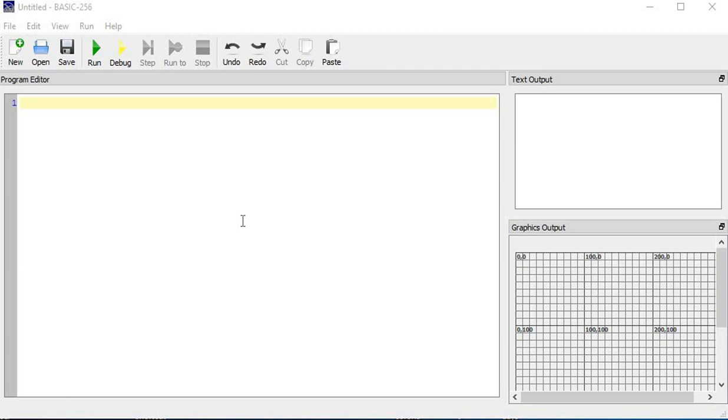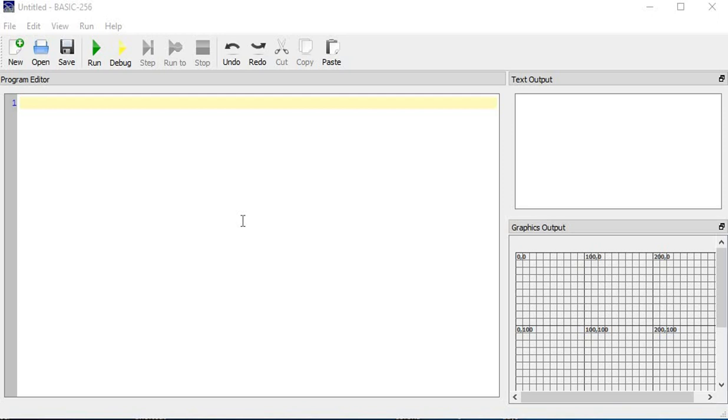In today's video we are going to learn how to draw basic shapes in Basic 256. Before starting, I would just like to tell you that in Basic 256 you can do various things which do not have an end. It's up to your imagination. I will just give you an intro about the basic shapes. The first one is a rectangle, then there is a circle, and then I will tell you how to change the colors also. So let's start.